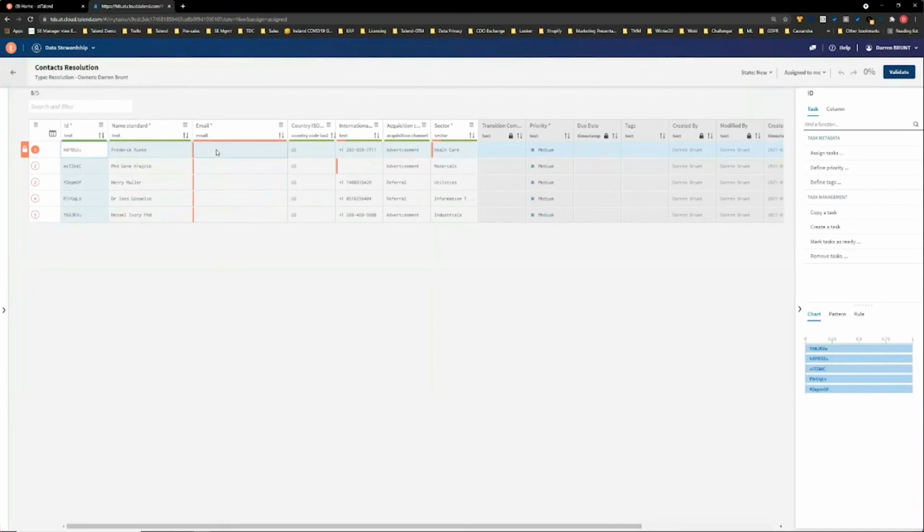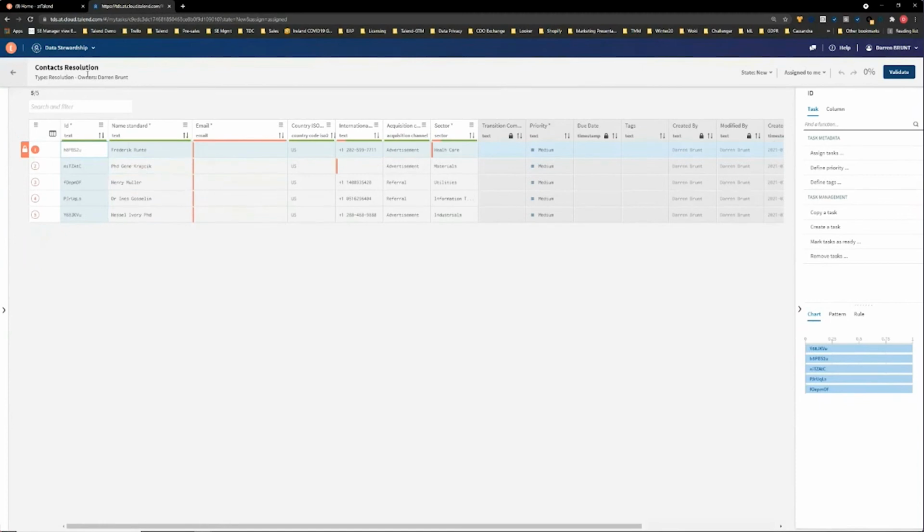In these cases where there's no email address, I might actually go call the actual consumer and get their email address manually, or some other mechanism, or maybe even push this out to an external calling agency to go get the missing contact information, or perhaps look at an external reference system that might be able to get this information for all these different people by using matching capabilities in the platform as well.